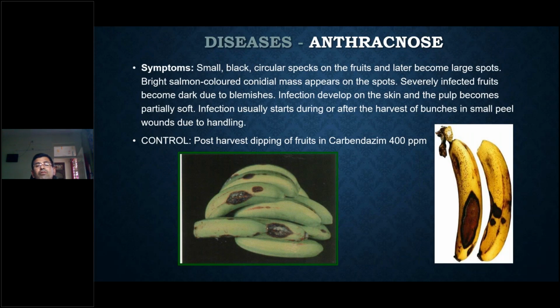The disease anthracnose is a post-harvest disease actually. During the harvest, if there is any abrasion or any mechanical damage, this will lead to anthracnose disease. So in the field, it won't happen actually. At the time of harvest and packing, if there is a handling problem,